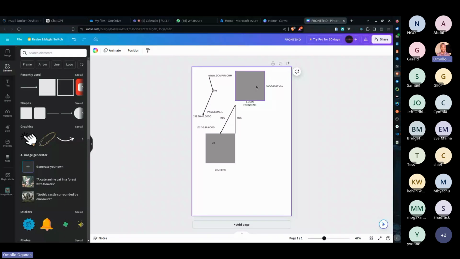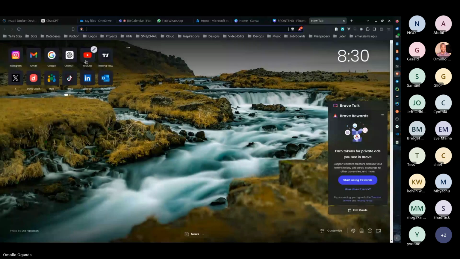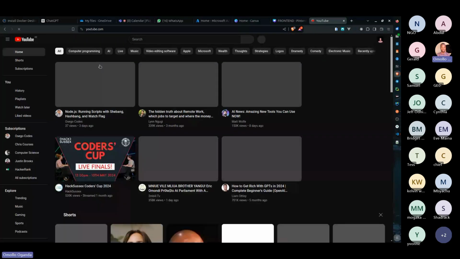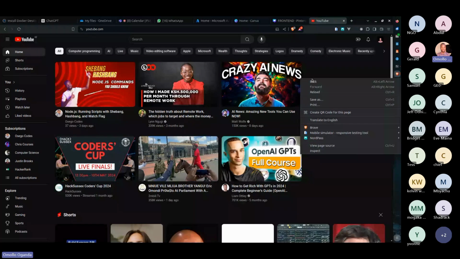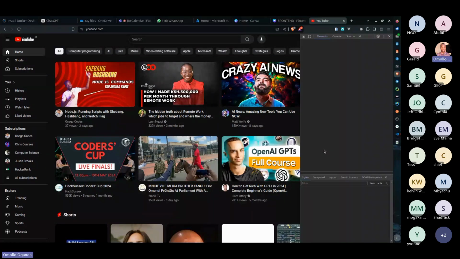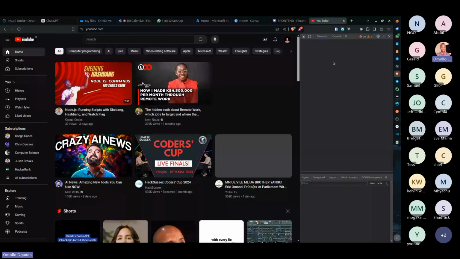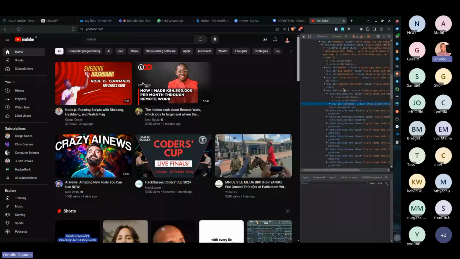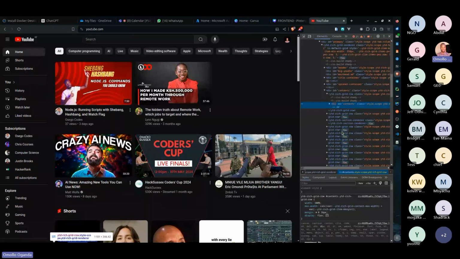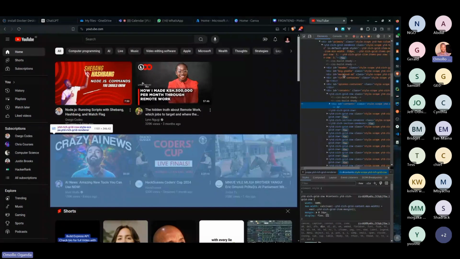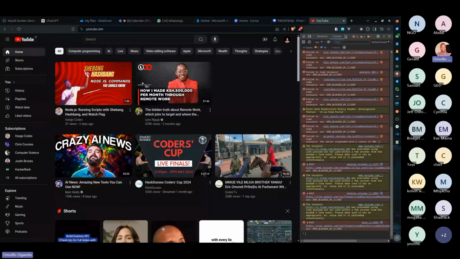For example, let me show you real quick how you can do that. If I access YouTube right now, let me click on YouTube. On YouTube here, if you right click and then click on inspect, then on the console here, we have elements. Of course, this shows you the HTML, CSS, and JavaScript files that actually render what we have on our page. When I click on console, of course, not important for this session, but when you come to network,